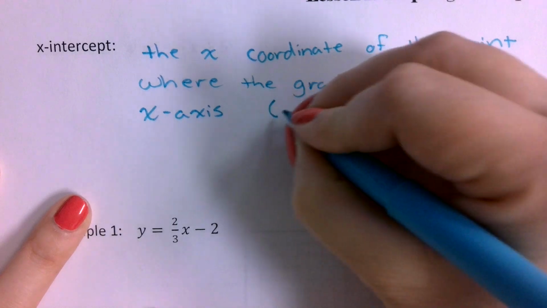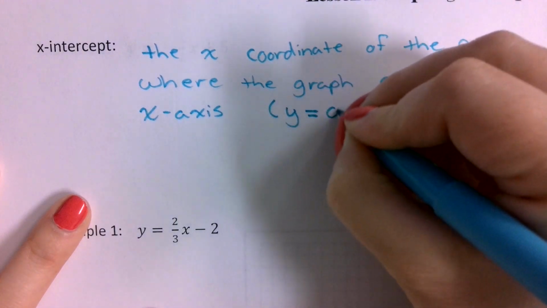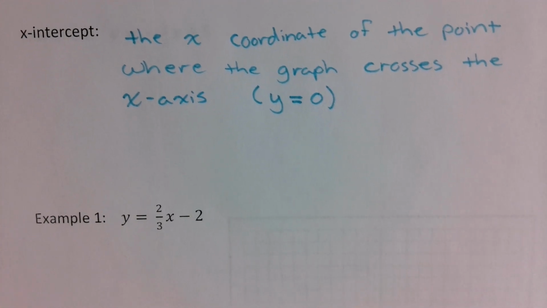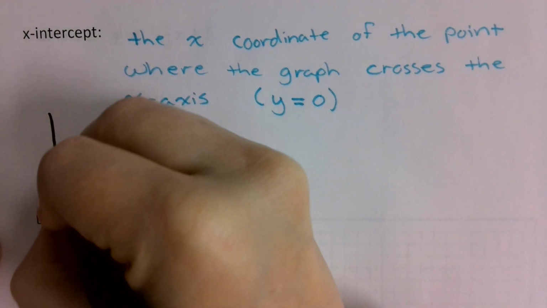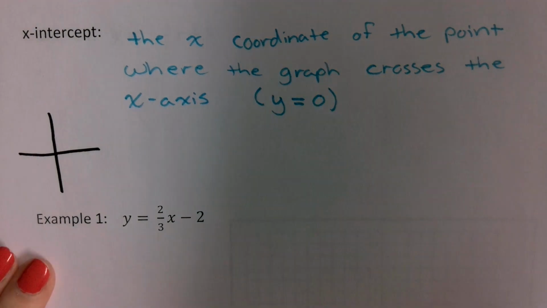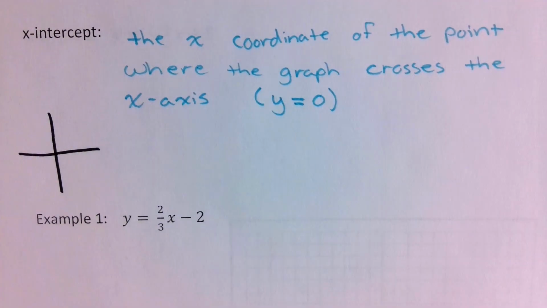And again, this is the positioning when y is equal to 0. Just like your y-intercept is when x is equal to 0, your x-intercept is when y is going to be equal to 0. So if we were to just look at a simple grid and I had a line graphed through it,